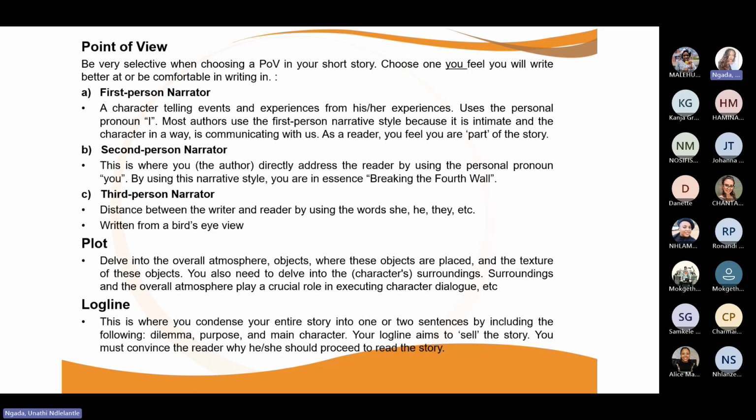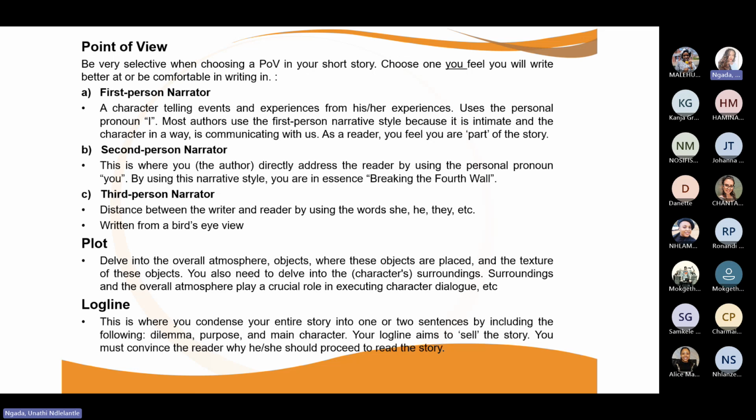third person narrative style. So with the plot, this is where you're going to delve into the overall atmosphere of the story. Objects, where these objects are placed, and the texture of these objects. And this is where you can also delve into the characters' surroundings and the overall atmosphere, which play a very important role in executing dialogue, character, and also setting. Another thing that I must also stress is that when you're writing a short story,